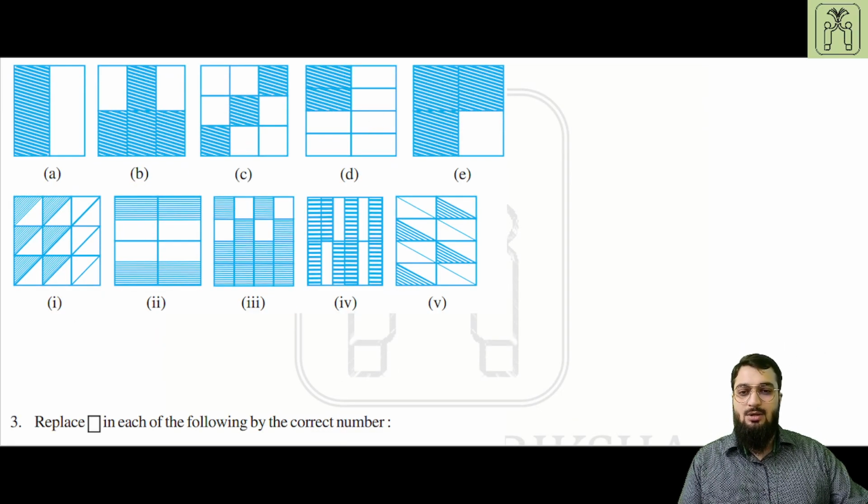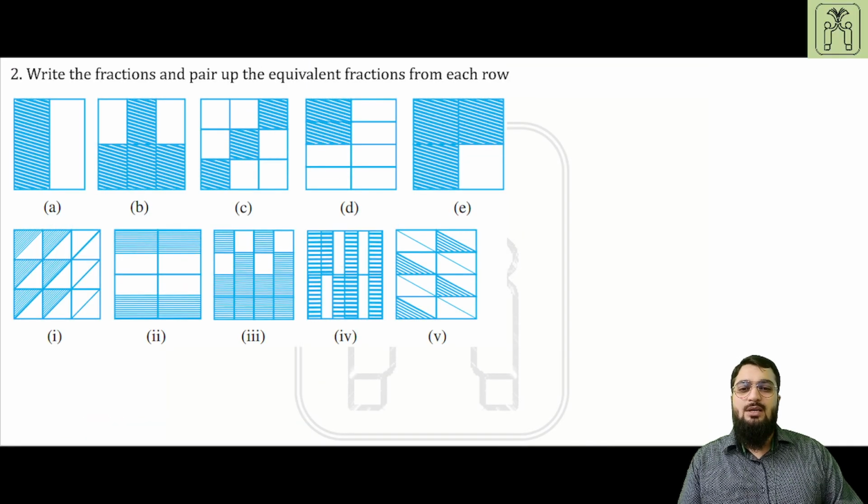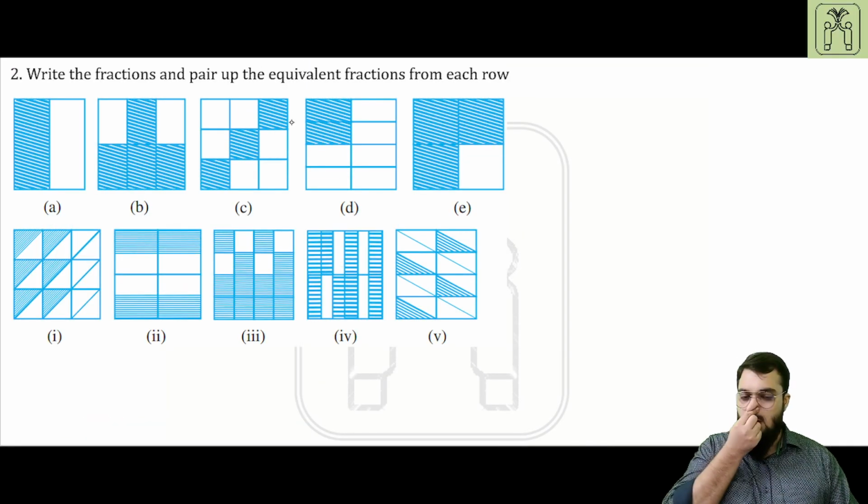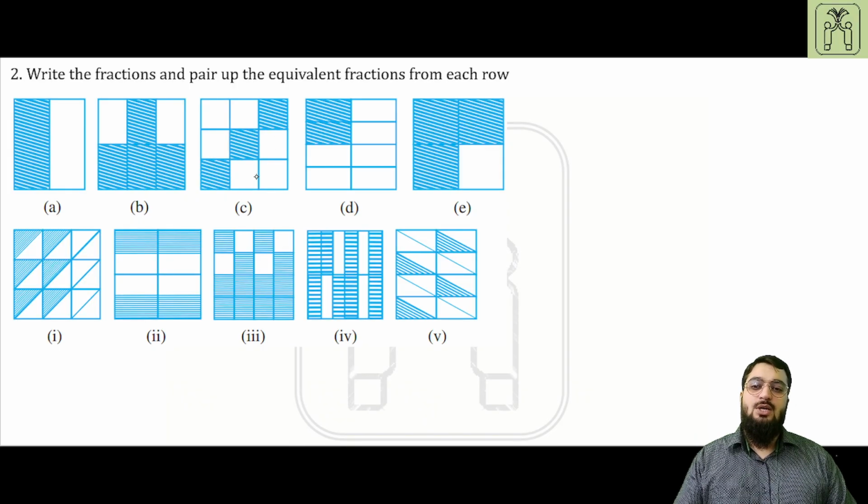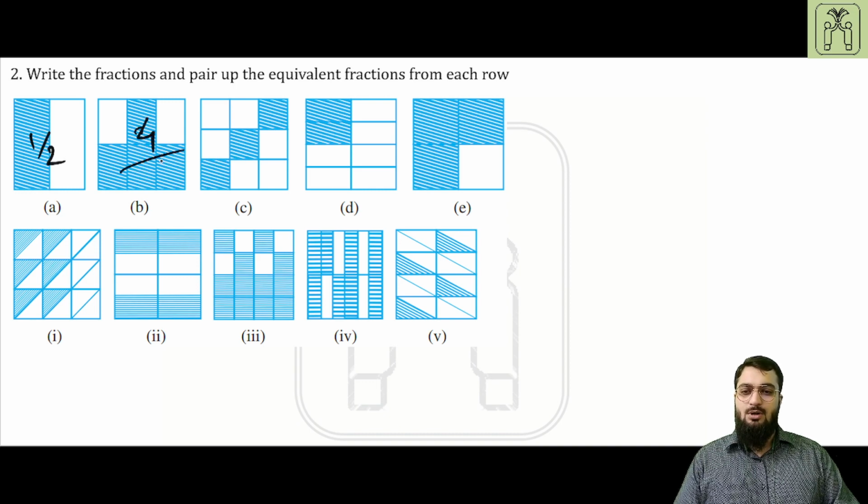Okay. The question number 2 is same. The thing is that we have to compare the first row with the second row. So what I'll do is that I'll just write the fractions, and then we'll just pair up the equivalent fractions from each row. So this will be 1 upon 2, this will be 4 upon 6, this will be 3 upon 9, this will be 2 twos are 4, 2 fours are 8,